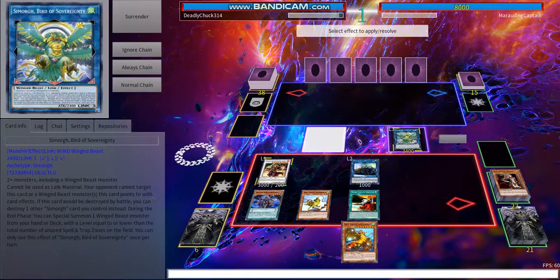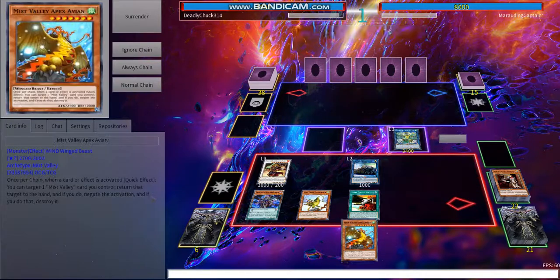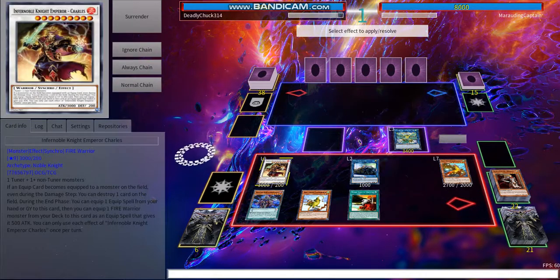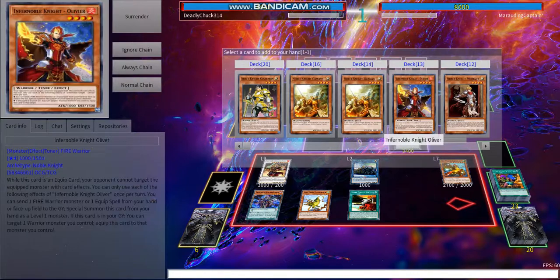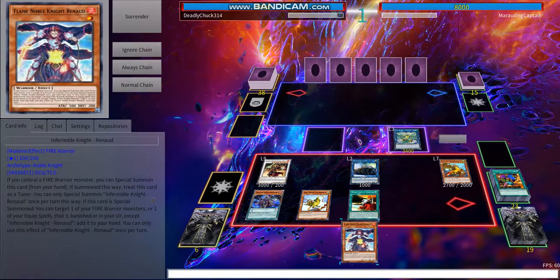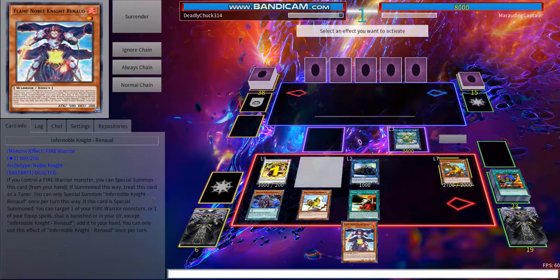Now during the end phase, we can go ahead, use the effect of Simorgh, Bird of Sovereignty, which will be summoning a Mist Valley Apex Avion, which I unfortunately hard drew. Now we can go ahead, resolve the effect of our Roland, getting rid of the smoke grenade in order to search a copy of anything. I like to search Renaud because it does act as a follow-up recurring cards, and we can finally use Emperor Charles in order